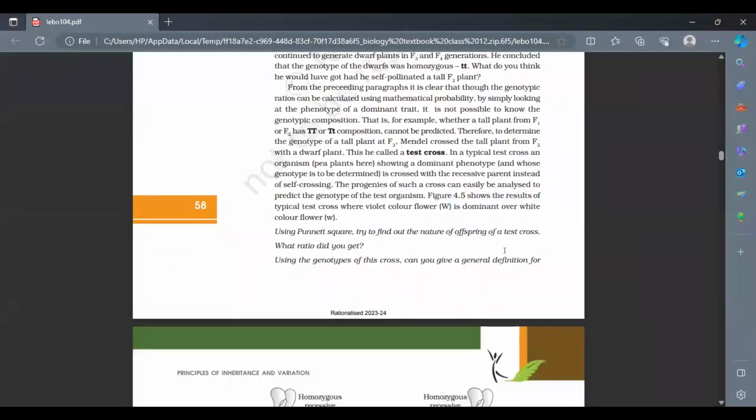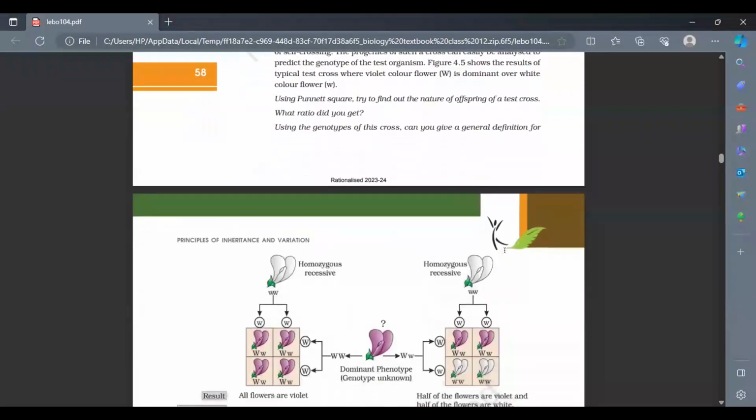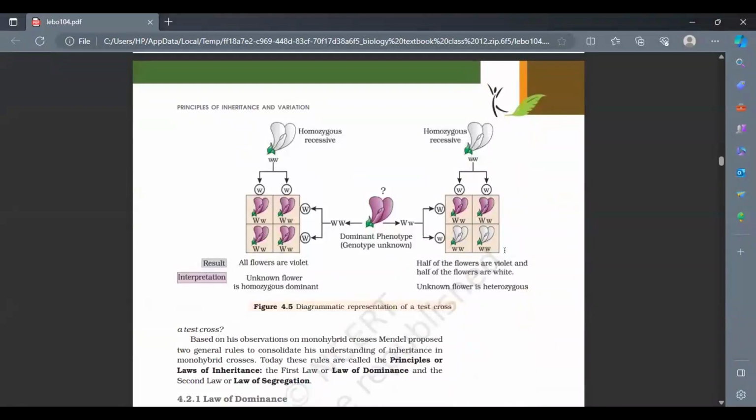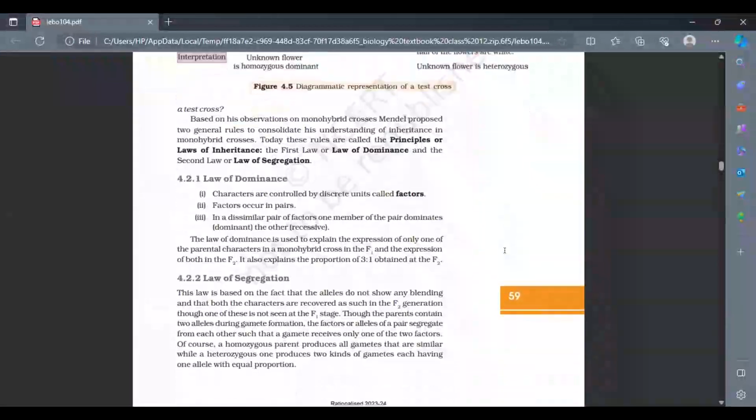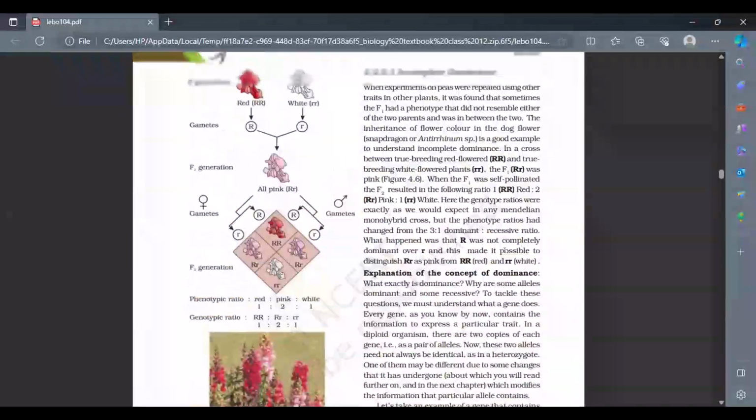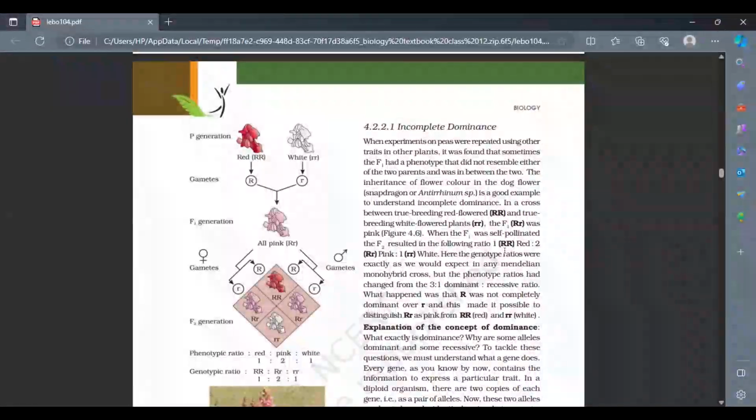Okay, so once this is understood, once the test cross is done and you have learned the two laws also, let us come to the next thing, a condition, not a law, that is not following Mendel's law of dominance, right? So the condition, I told you there are some kinds of anomalies there. Mendel's law was